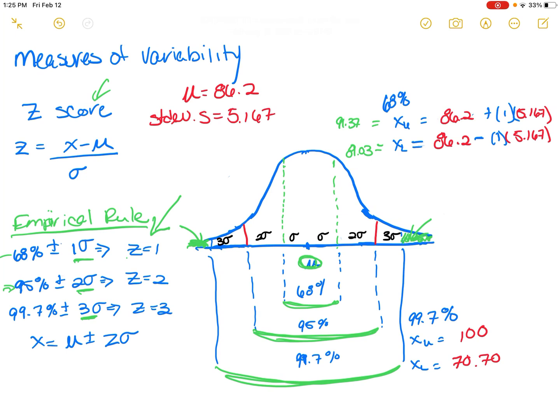And we use basic algebra. So we wanted to determine the upper and lower limits. We would use this equation right here. X is equal to mu plus or minus z times standard deviation. All right, so like I said, I just use basic algebra, solve for x. And this is how we can find the upper and lower limits of whatever we're looking for if we want to. And we'll talk about more of the practical applications of this, but I thought I would use the example that I did previously